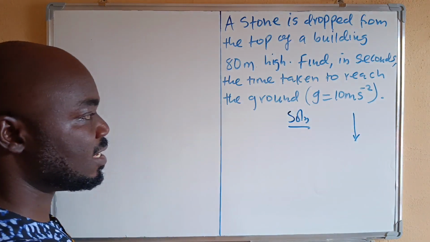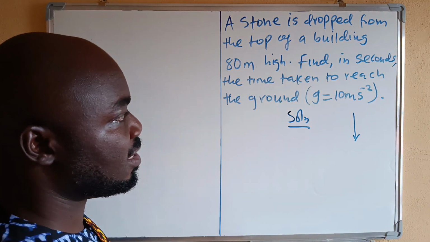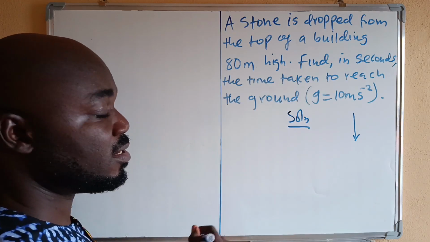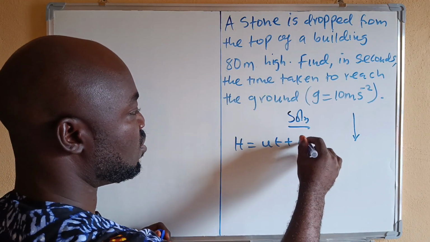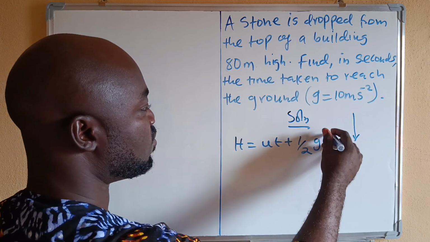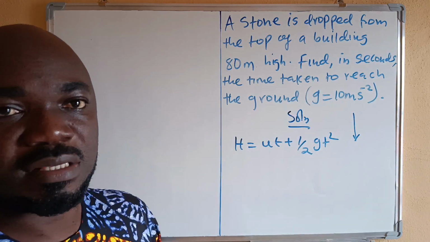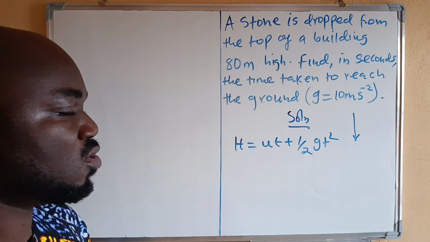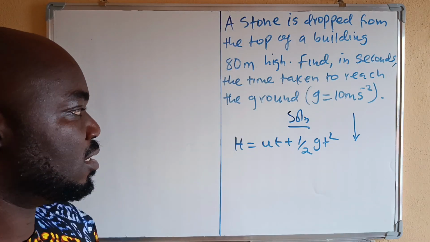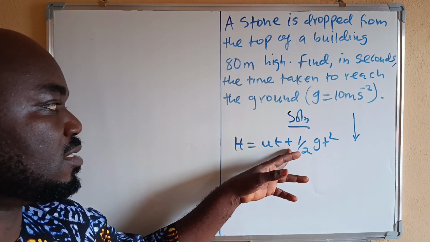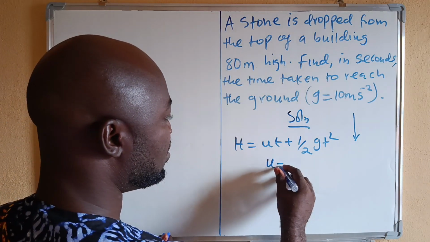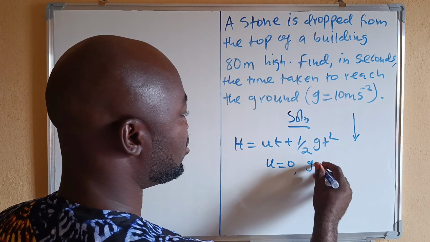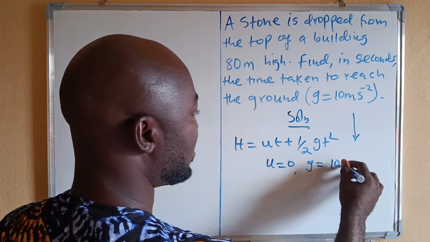So what that means is that the height of that throw is given by the equation h equals ut plus 1 over 2 gt squared. The g is acceleration due to gravity. Also, because the body is falling downward, the sign is positive. At this point, the initial velocity u will be 0, and g is 10 meters per